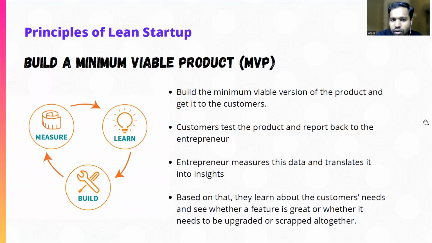So as I told before, once you pivot and once you achieve product market fit, you also need to understand a concept called minimum viable product. So basically, when you are prototyping, you always need to get to the point of coming up with a minimum viable product that the customer can use and test.